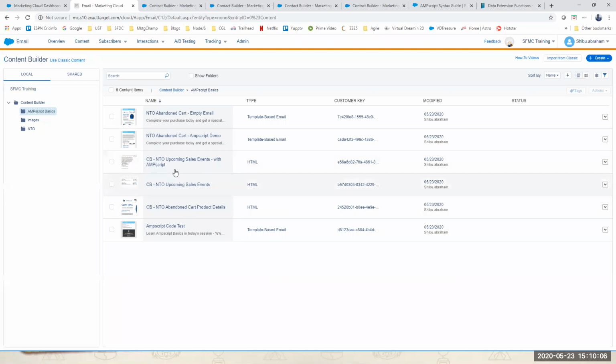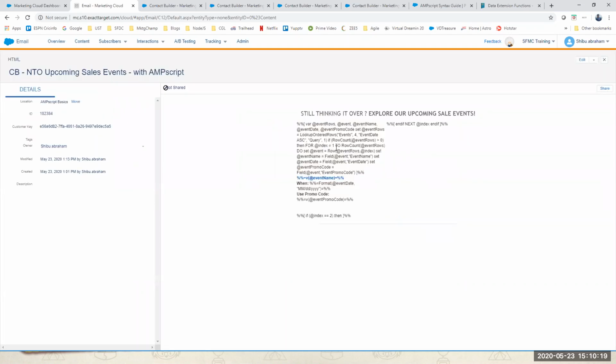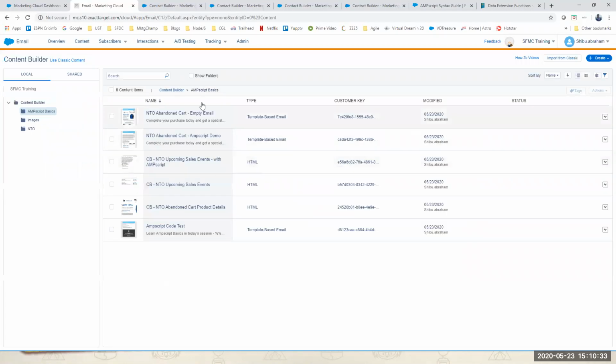Okay, so this is quite useful if you're editing it as a content block. For example, let me show you the content block. This is what the content block will look like when it is bare, as a template, right? But then if I add AMP script in it, this is the code in that. So the good thing is any marketer who has an email and wants to use this particular content block to show their upcoming events can just pull it into an email very easily. They don't even have to write the AMP script code. So it's very useful if you store AMP script in an existing content block that is not dependent on the email data extension. Okay, and they can just pull it into a specific email that they want.